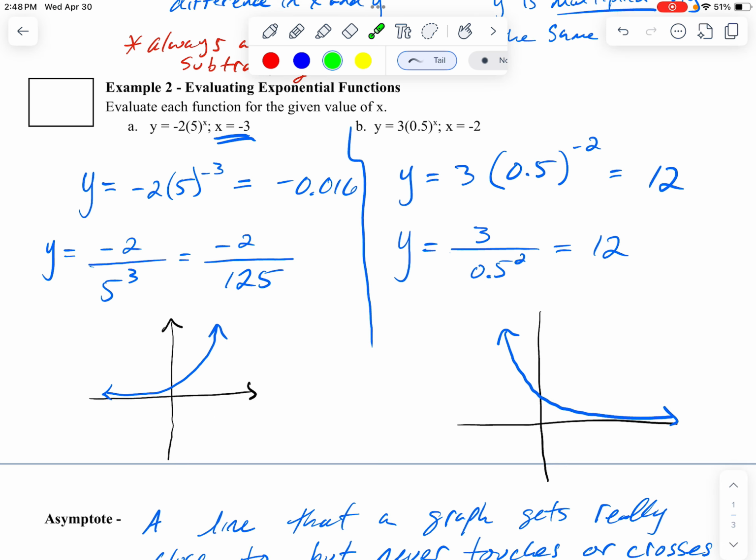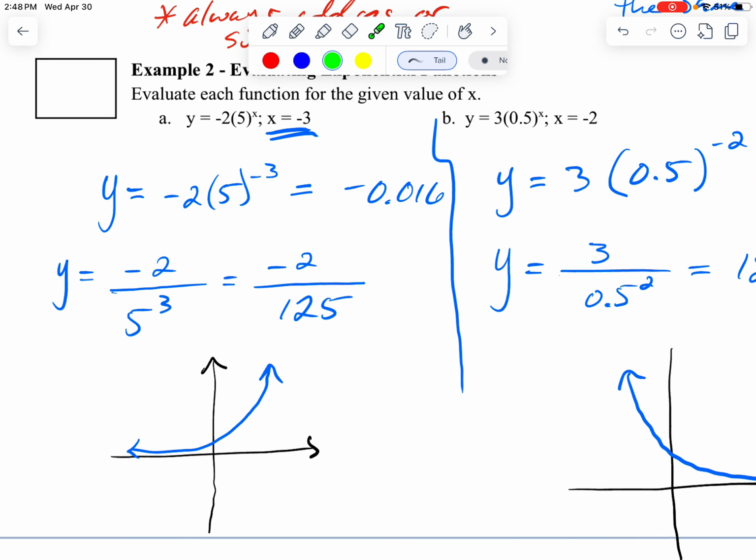When we get down to example 2, this is evaluating those functions. And this is just basically taking a value of x and plugging it into the equation. So in this first one, our equation is y equals -2 times 5 to the x power. So all I want to look at is when x is -3, what is y? So I would substitute that in just like we did here. And if you punch this into your calculator and you do it properly, you should get